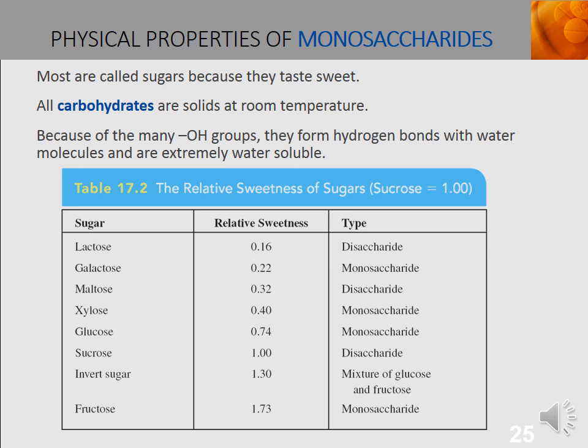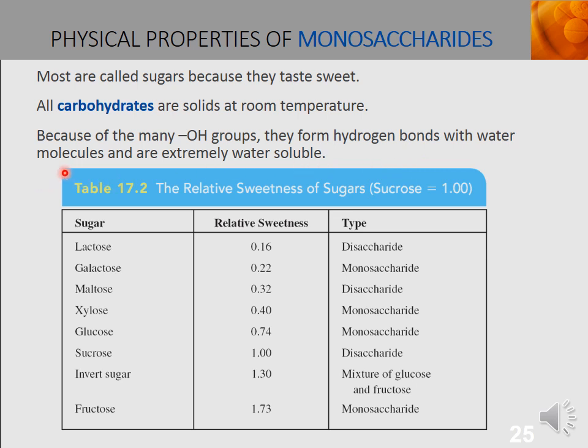Physical properties of monosaccharides: most are called sugars because their taste is sweet. All carbohydrates are solid at room temperature because of many OH groups. They form hydrogen bonds with water molecules and they are extremely water soluble. The relative sweetness of sugars: sucrose is equal to 1, lactose 0.16, this is a disaccharide, galactose is 0.22, this is a monosaccharide, maltose is 0.32, this is a disaccharide,